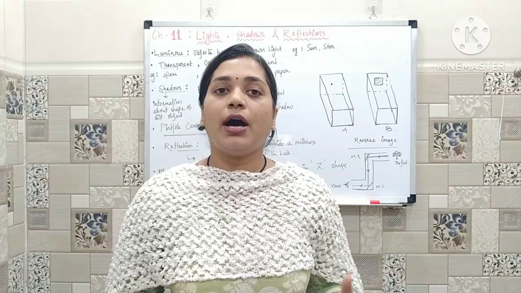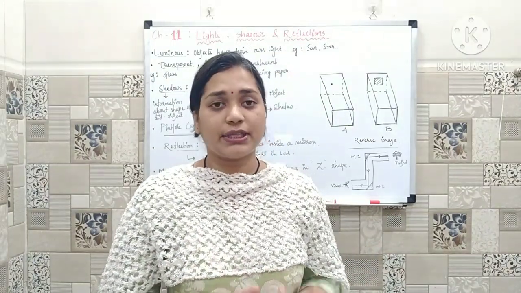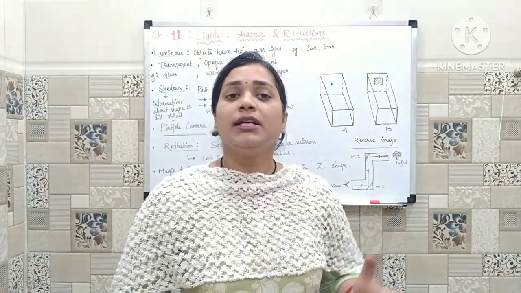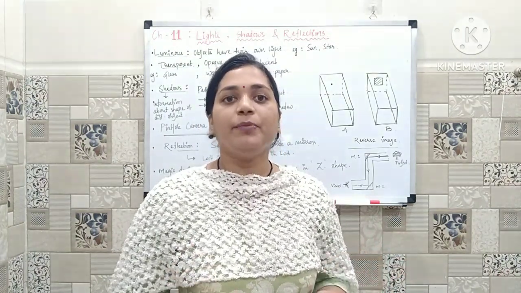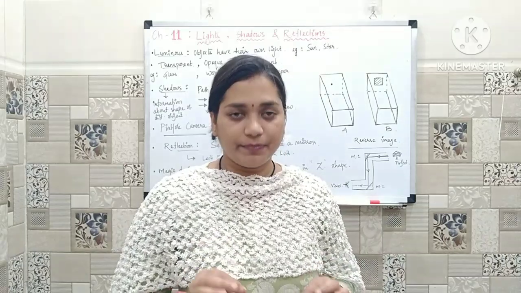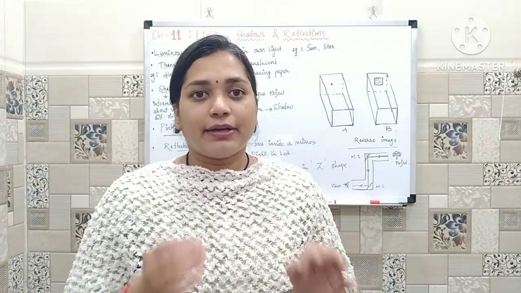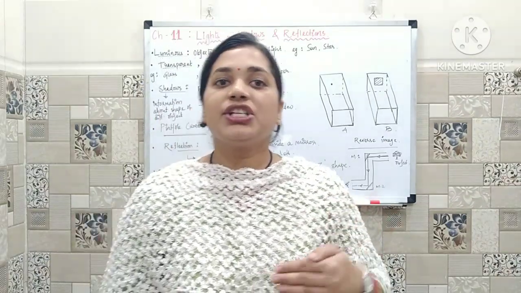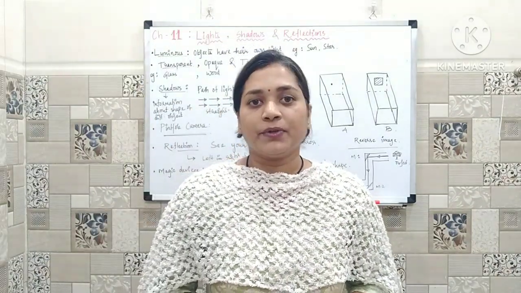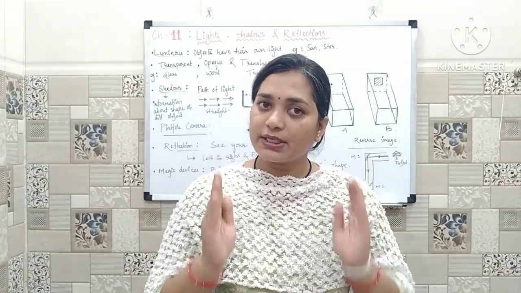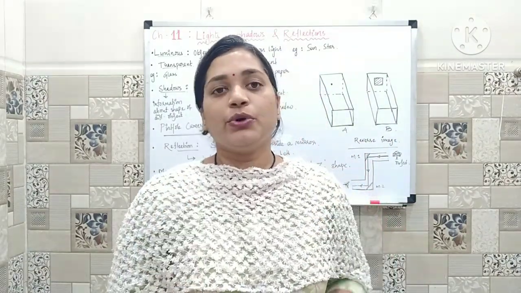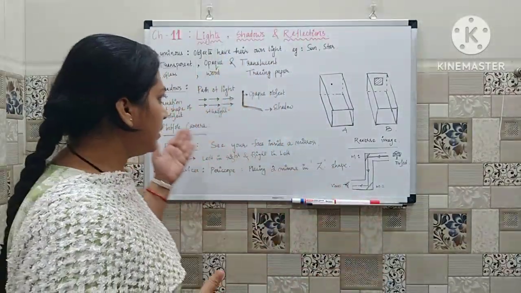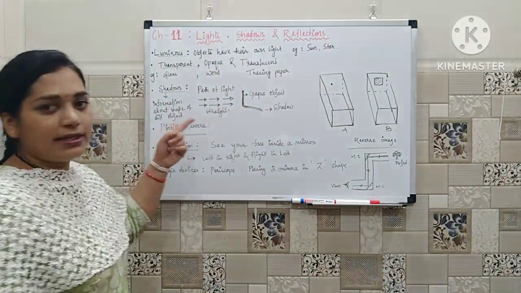So shadows, how are shadows generally formed, that is the main thing here. A concept arises that shadows are generally formed by a mechanism of light, because light generally travels in a straight path only. It never goes in a zigzag manner or in a curved manner. Light always passes in a straight path. So whenever you are placing an opaque object, as explained in the diagram also,